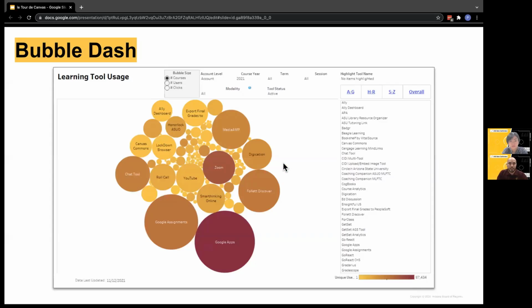All right, so this first visual is something that we call the bubble dash. Each bubble here, think of it as a tool that's installed within Canvas. The size of the bubble is based on the number of courses. So the larger the bubble, the more courses it's installed in. The users of this dashboard can change the bubble sizing to number of users or even number of clicks. And what this really helps with is, there's Canvas and there's a lot of tools that get installed,